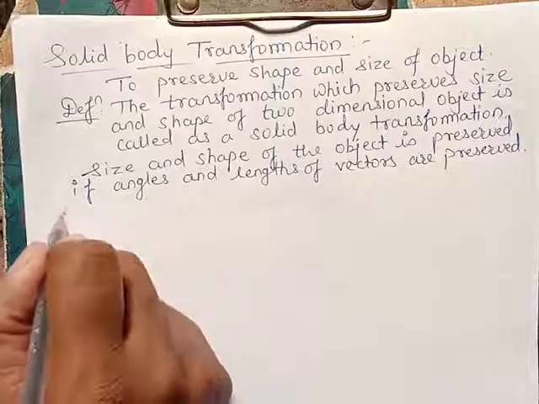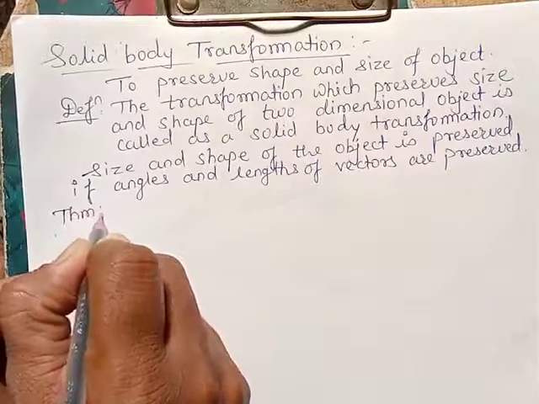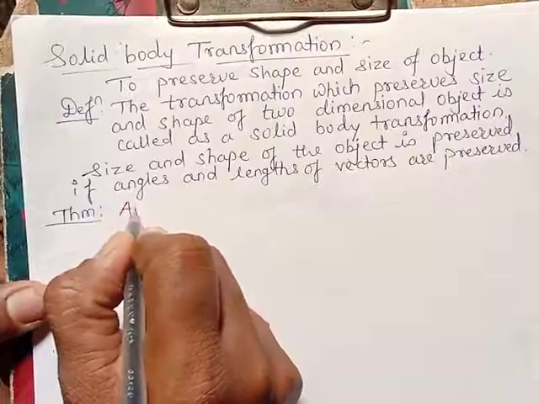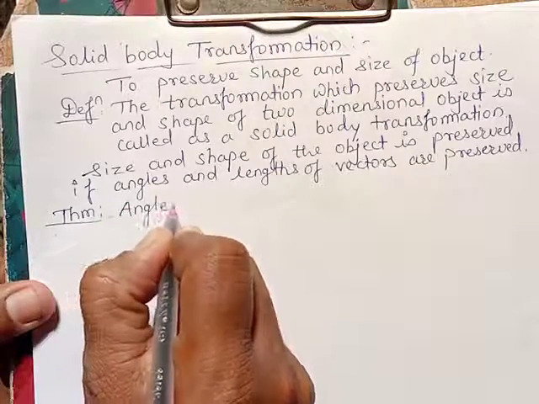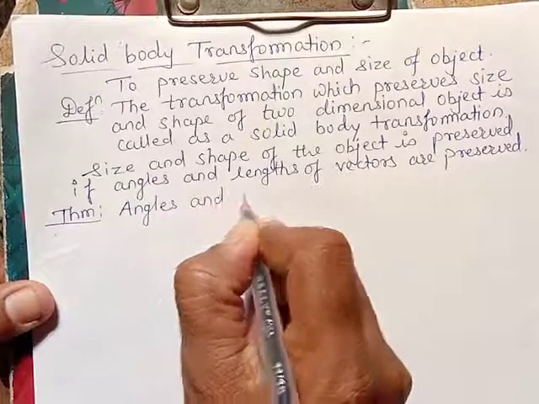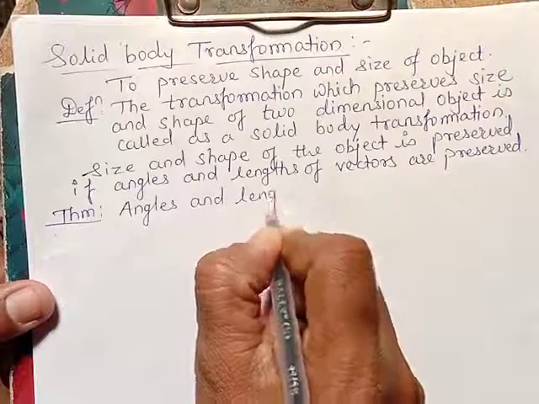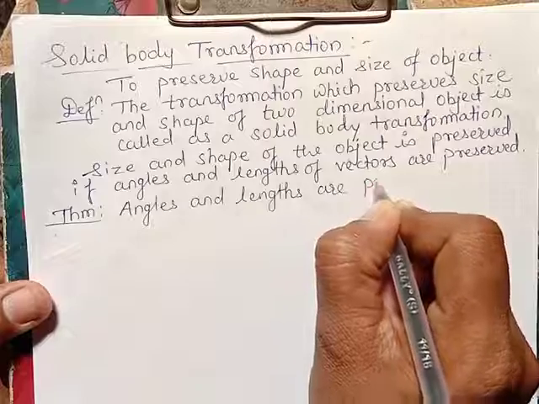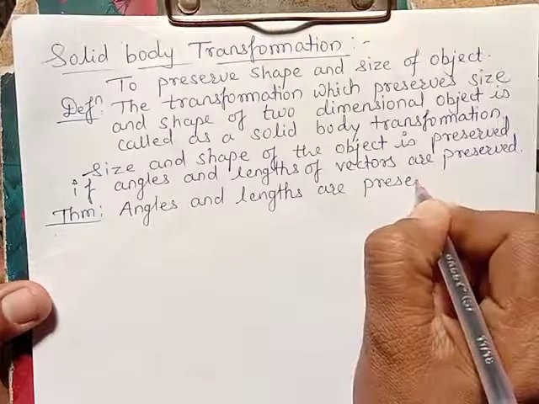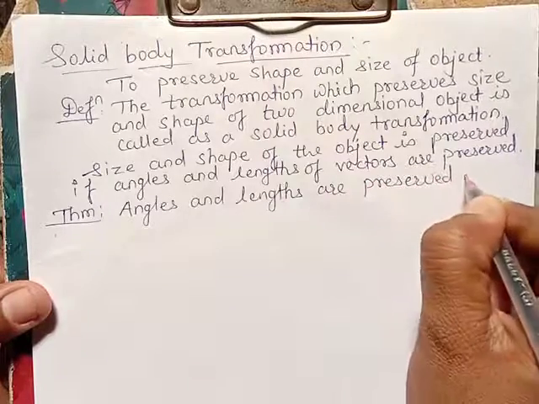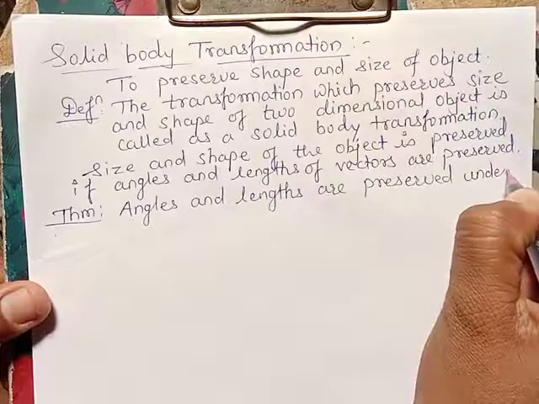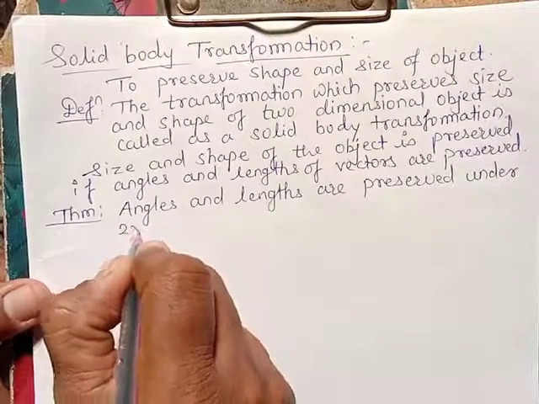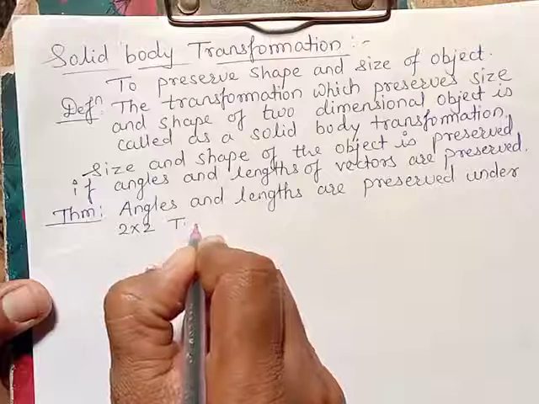Right? Now a theorem for this: angles and lengths are preserved under a two by two transformation matrix